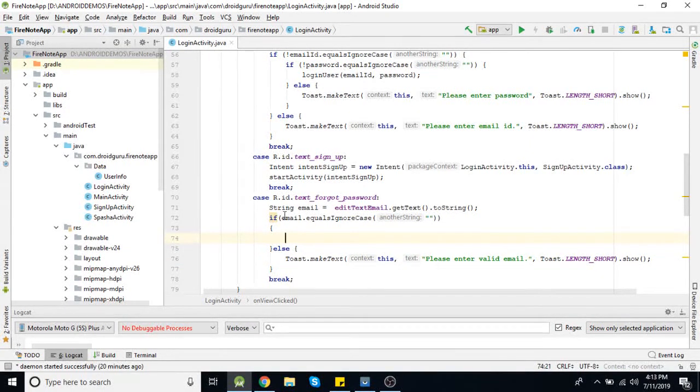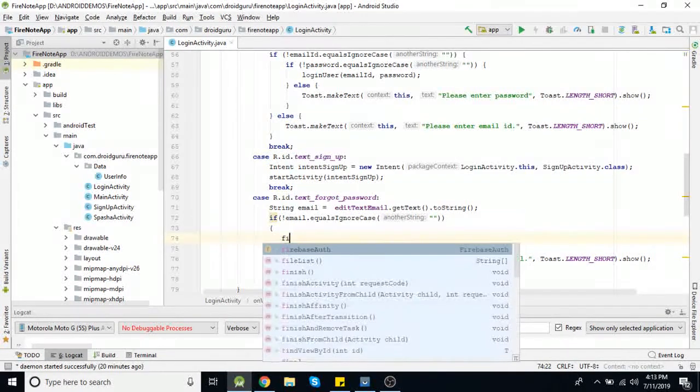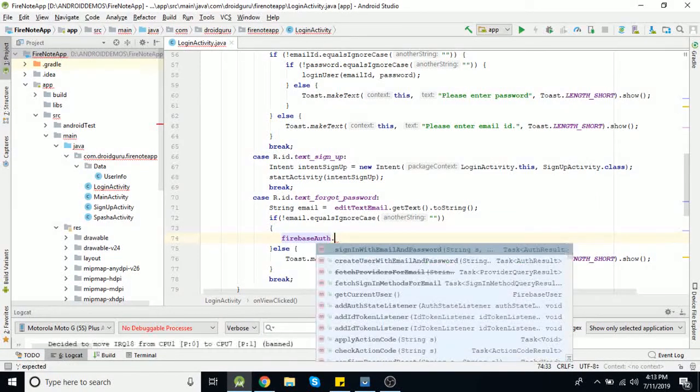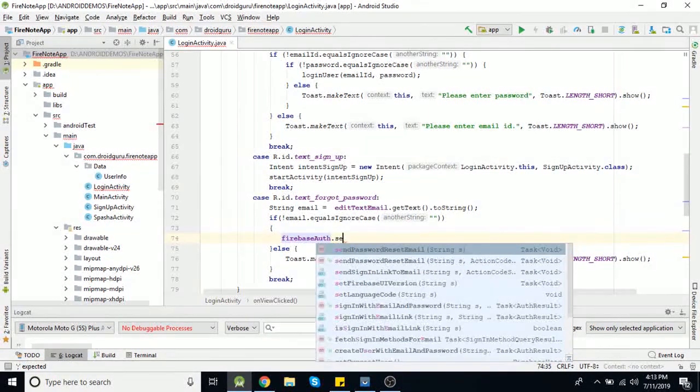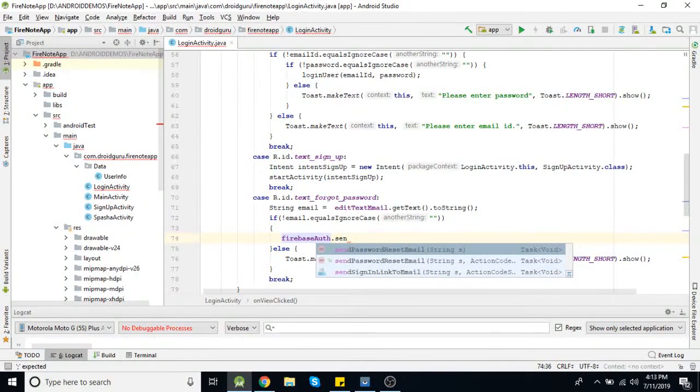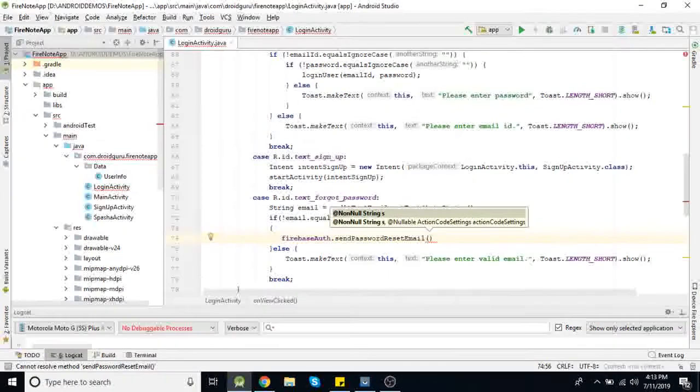If email is not empty, only then can we proceed with our functionality. So we have one method, that is Firebase dot sendPasswordResetEmail. Okay, and this method requires email as an input parameter, so I am adding it.